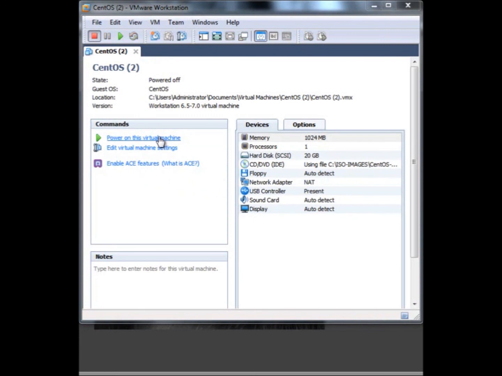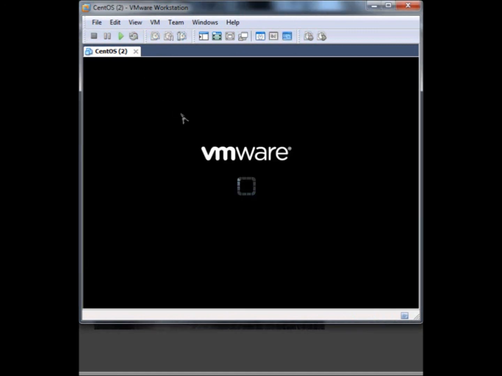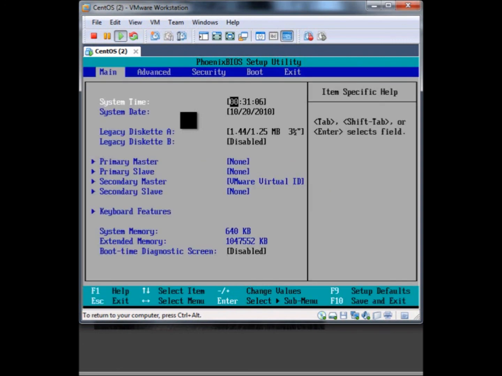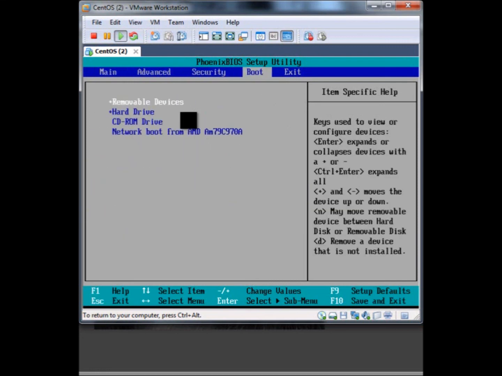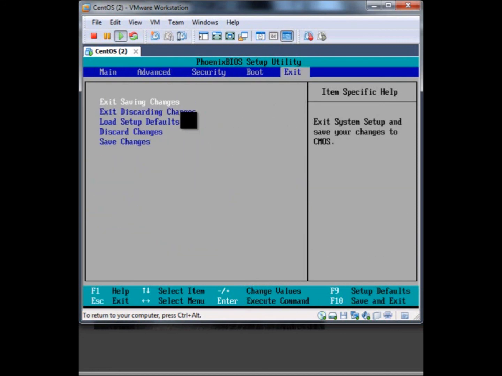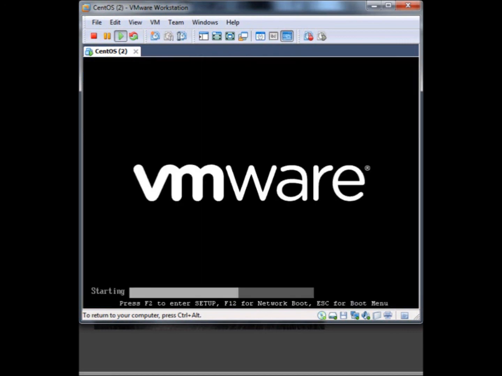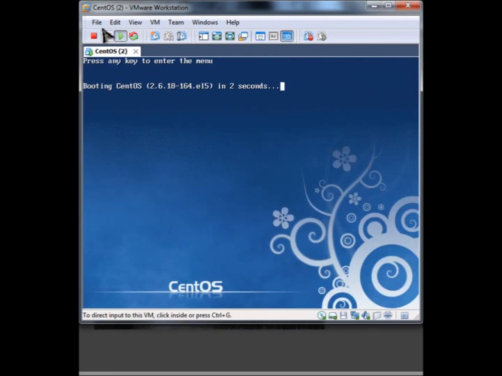Now we can turn on CentOS after making those changes and try to access the BIOS. It makes us enter the password to get in. And then we can access it. Other means of defense would be to disable the CD-ROM drive or